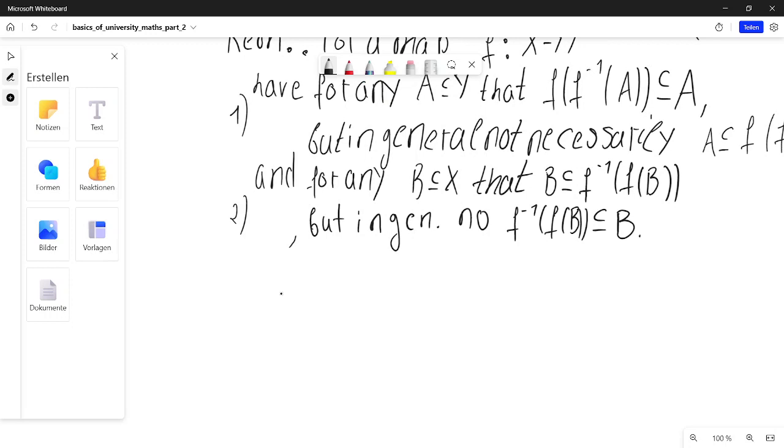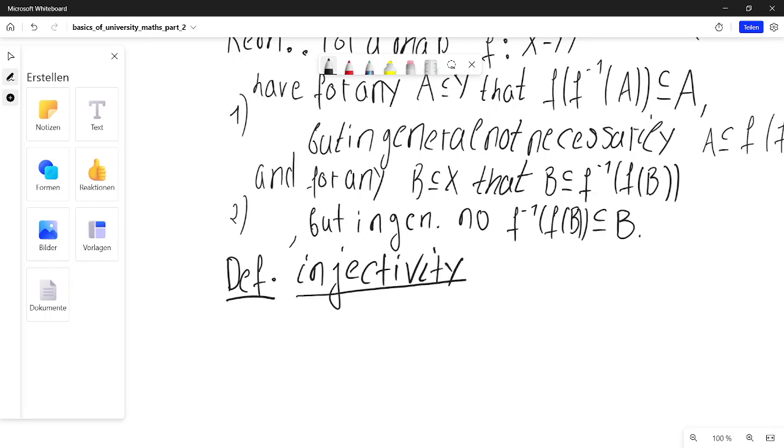And to resolve this issue, we could have an especially nice type of maps, and those are called injective maps. Injectivity. A map, and we will require exactly this property. A map X to Y is called injective